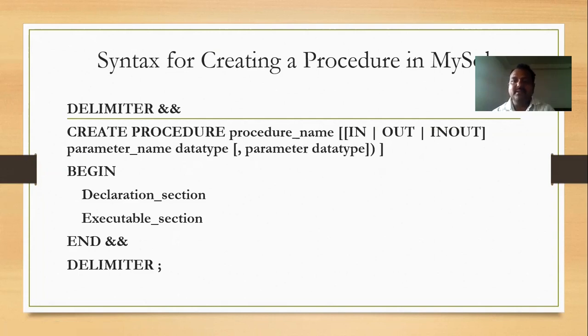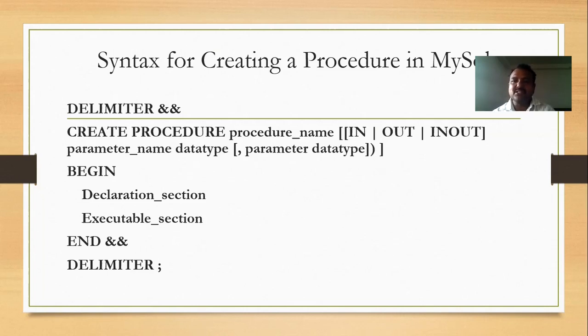The parameters which we supply into this procedure are of three types: in parameter, out parameter, and in out parameter. We will talk about these parameters later, but for now we understand that we can give three types of parameters into the procedures of MySQL.